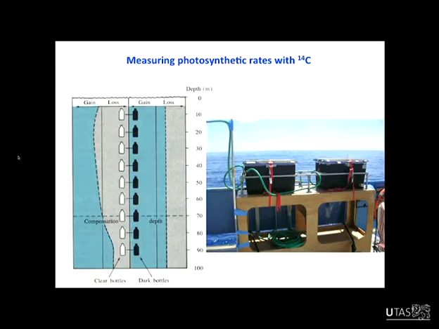And here's an example of how we do this at sea. We take water samples through depth in the water column, and if the ship's not going anywhere, you can put them back on a wire into the ocean to simulate the light levels or the depth at which they came from. Or if you have to go somewhere, you can put that water sample in an on-deck incubator and shade the surface of that incubator to simulate the light level at which that water came from. That way you can derive the vertical profile of how fast those phytoplankton are incorporating carbon into their cell parts.